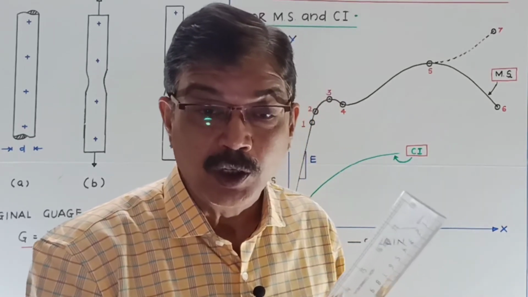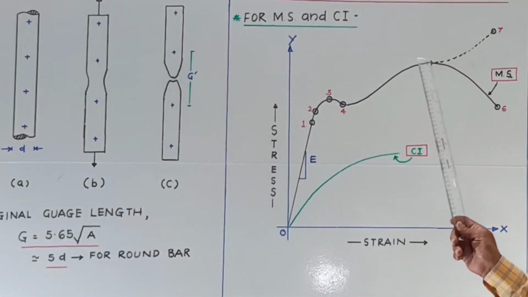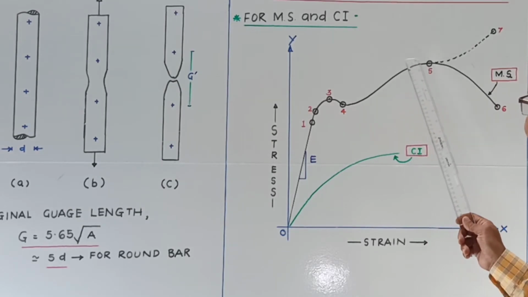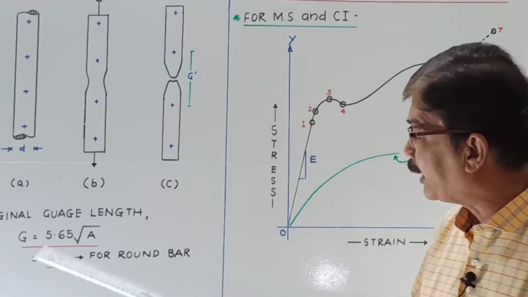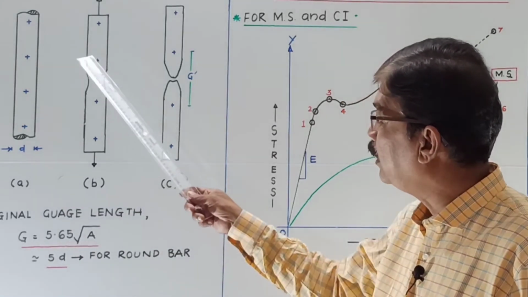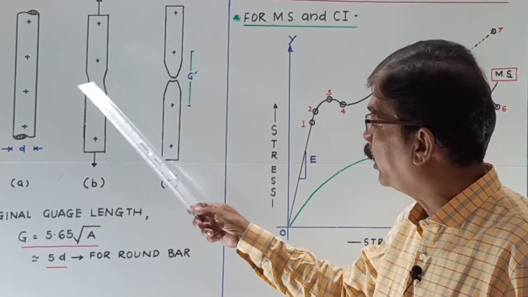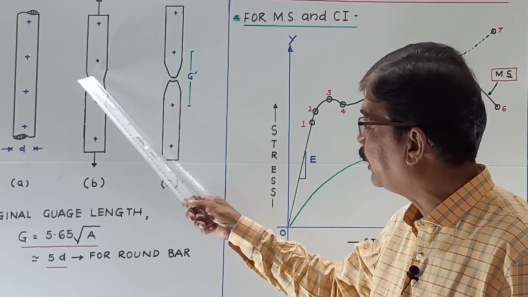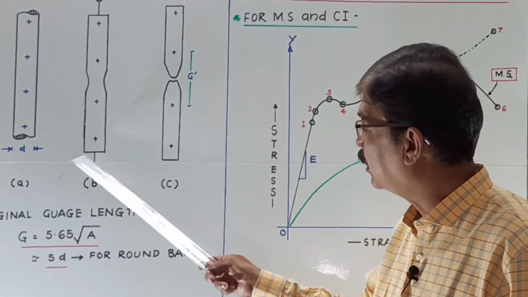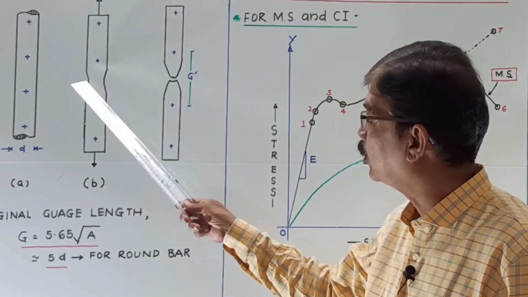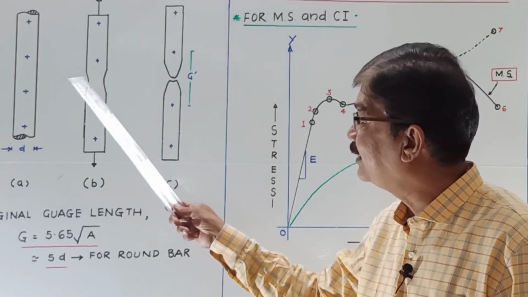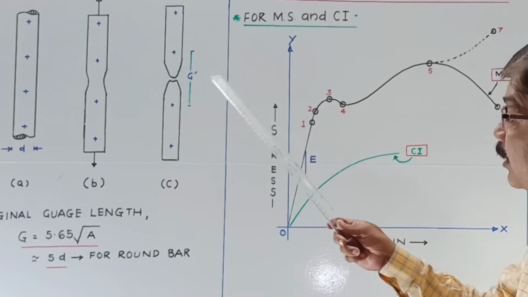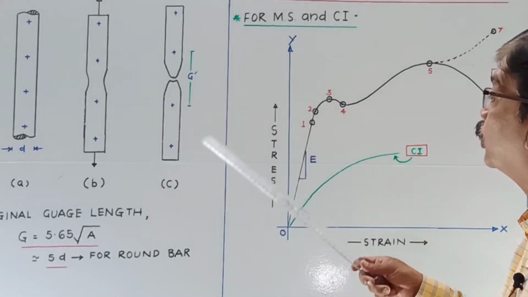Okay? Now, if the load further increases, what happens? Once ultimate load is reached, as shown in figure B, you will find that in between two gauge points the stress is concentrated, which reduces the cross section. This is known as vest formation or neck formation. As the diameter decreases, the cross sectional area decreases. For further elongation, the bar requires less load.